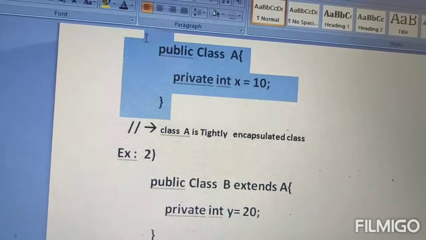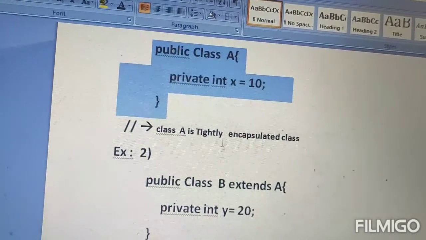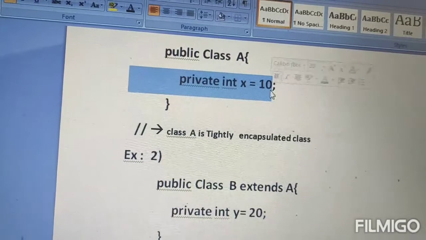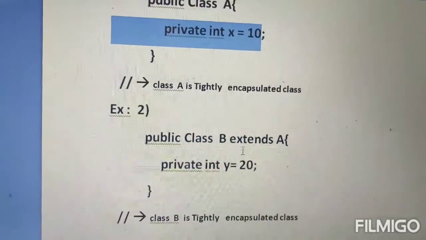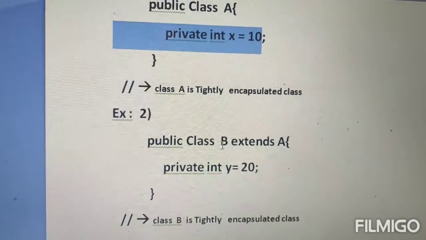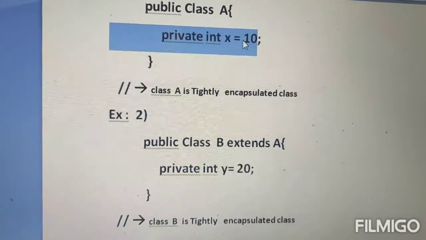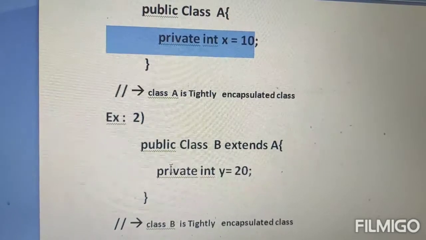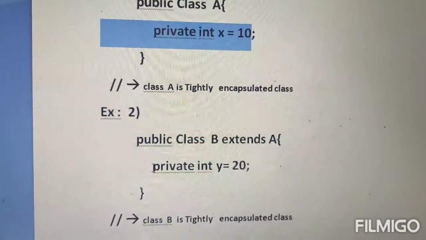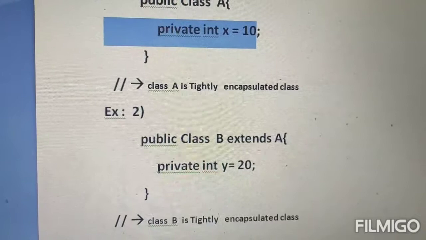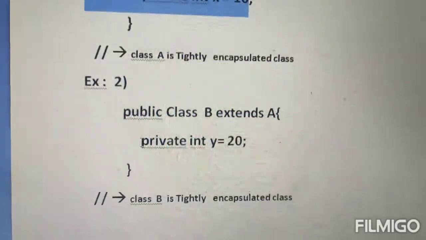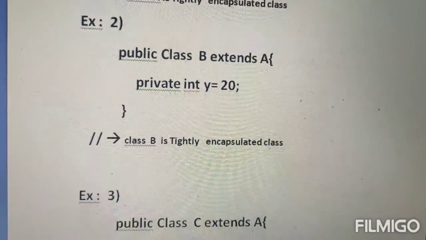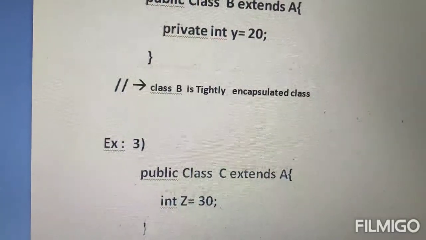That means all the data members present in class A will be automatically available to class B. So now class B can access the X data member of class A, which is a private data member, and B has its own data member Y, which is private. So class B has all data members as private, so class B is also called a tightly encapsulated class. The classes which have all data members declared as private are called encapsulated classes.